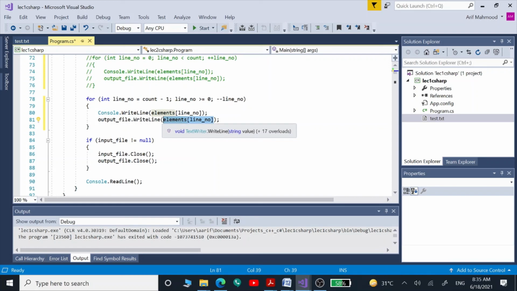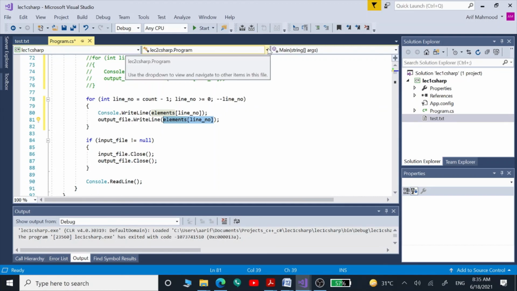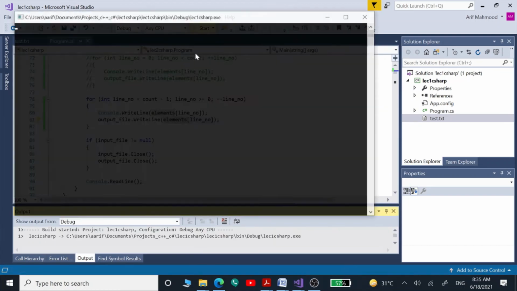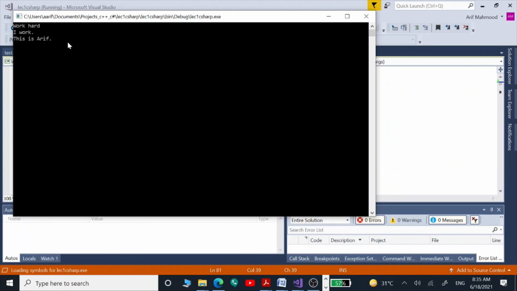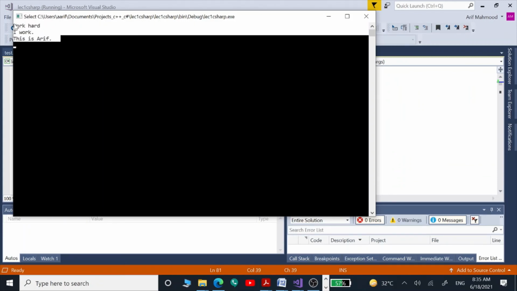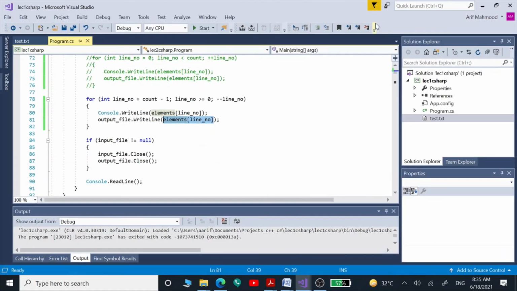We have these elements variable which is of type array to store those into an output file as well. So let's build and run this program. So we see our string array got reversed using that for loop by running the for loop in the reverse direction.